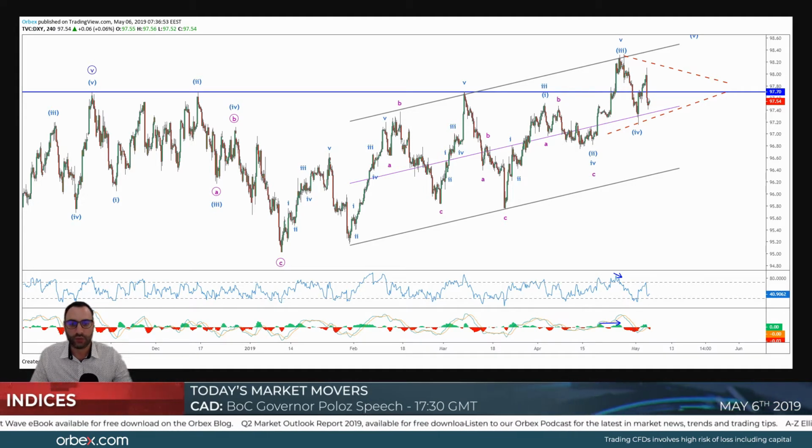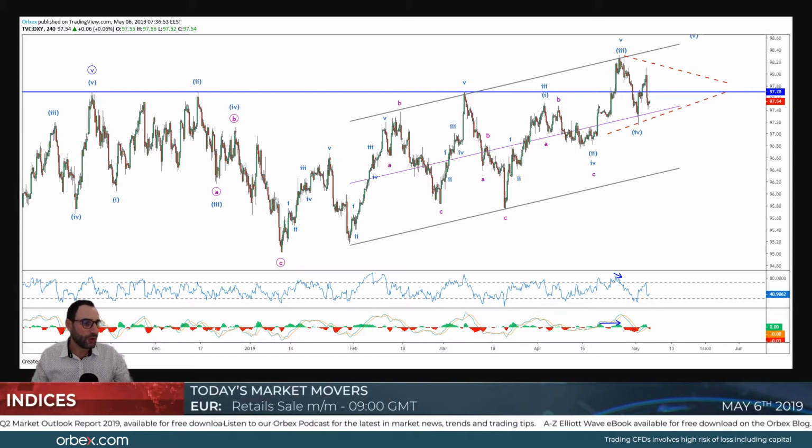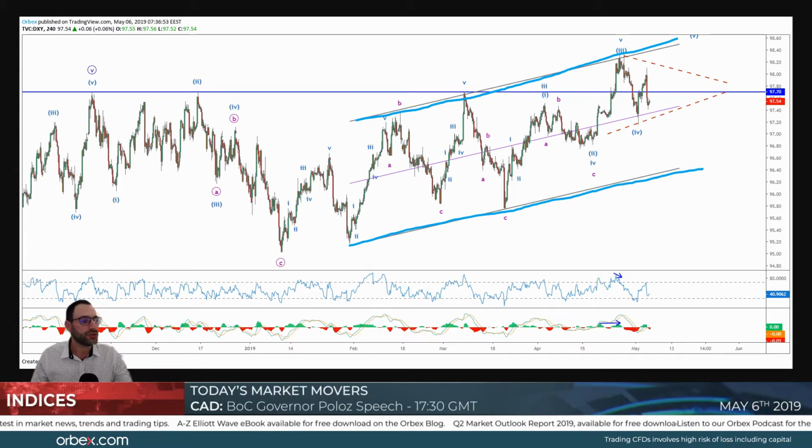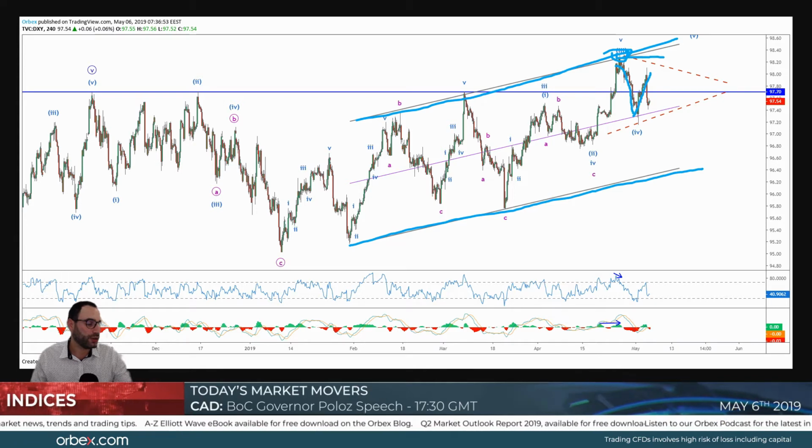I want to start with the US index today, the 4-hour chart. What we are seeing here is the index trading closest to the top ascending side of this ascending channel. After the rejection over here, we saw a steep correction. We are now looking at a move to the upside, which has stopped lower than the previous high, over here around 98, and then we had another steep move to the downside.